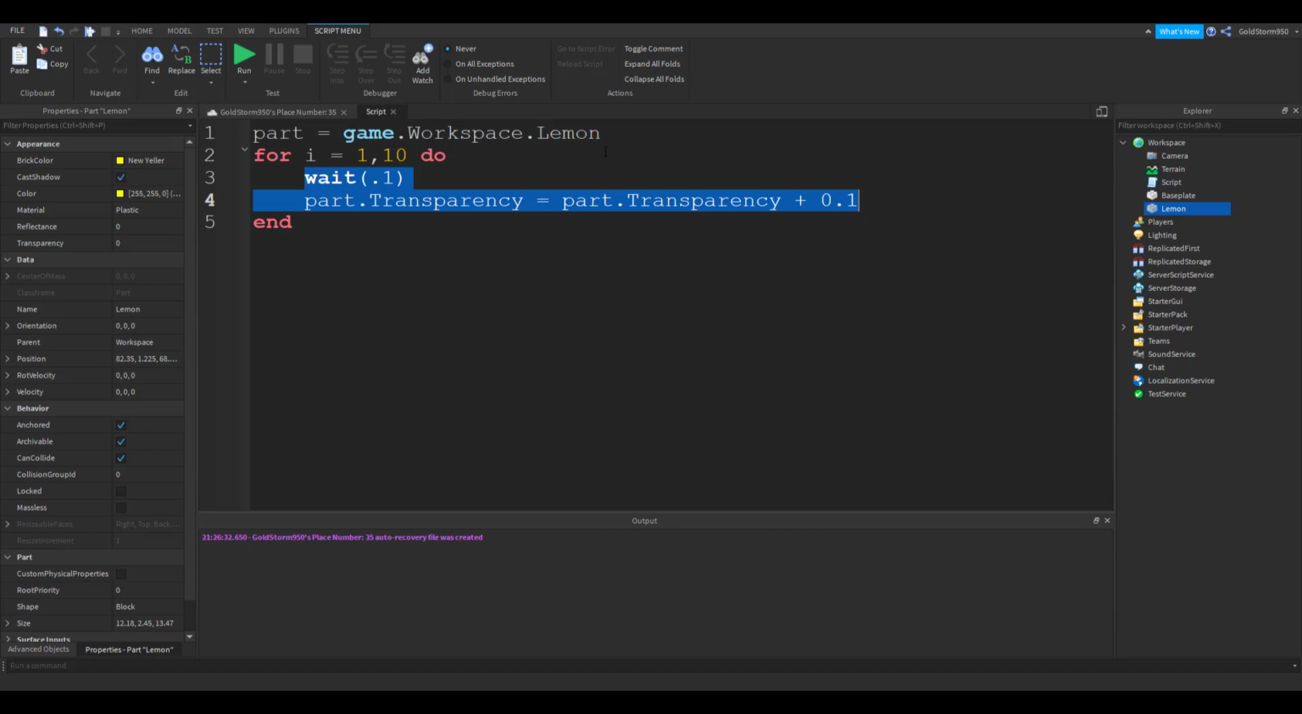So it'll go through here. The first time, part.transparency is equal to 0. So 0 plus 0.1 is 0.1. Second time through, this is equal to 0.1. So 0.1 plus 0.1 is 0.2. Third time around, 0.2 plus 0.1 is 0.3. So it increases by 0.1 every time. And I don't even have to use the i. So it can be less confusing for you. I mean, you can do whatever you prefer. It just depends on the situation, I suppose. So, whatever you prefer,